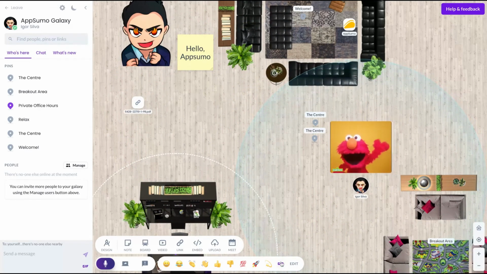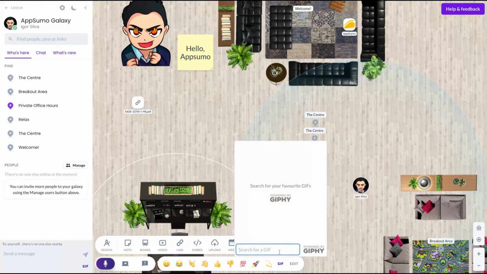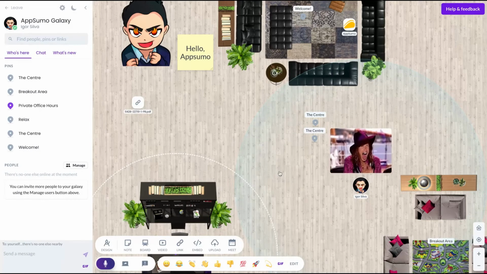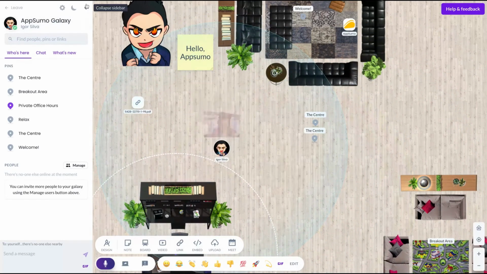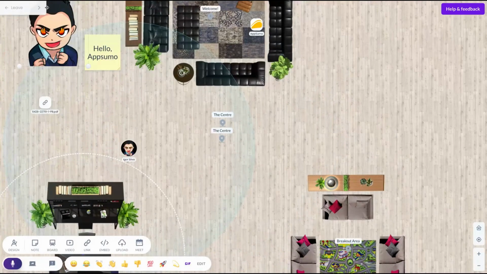I can even use that tool to record class. What do you think? That's so cool. Look at the GIF here, and it moves with me. And you can click here and then you have all the space for you, okay?